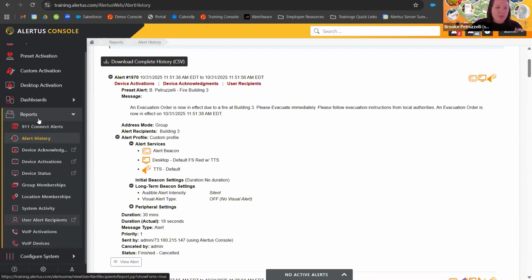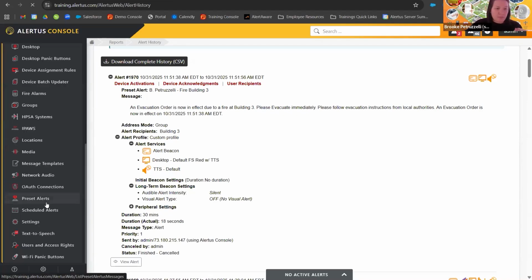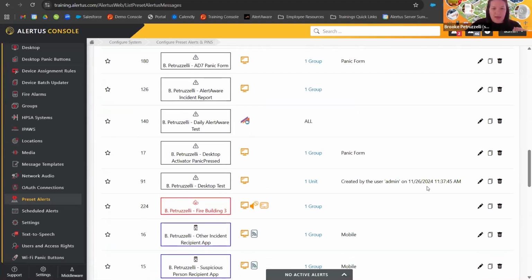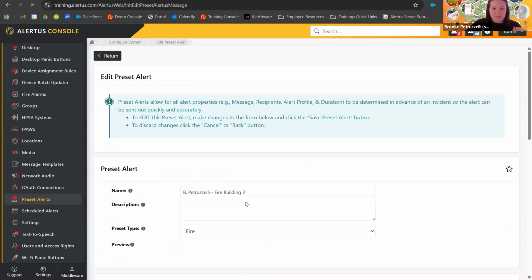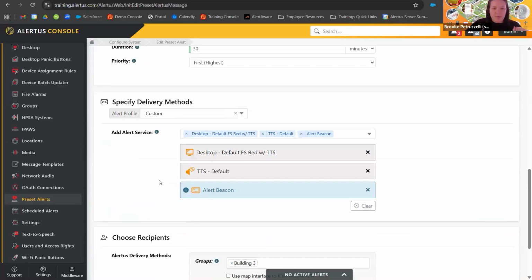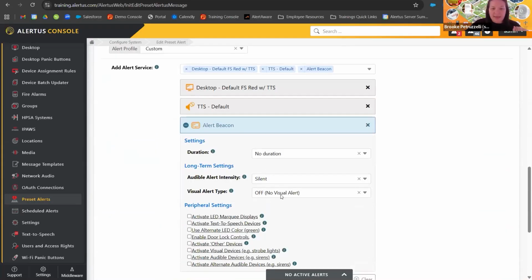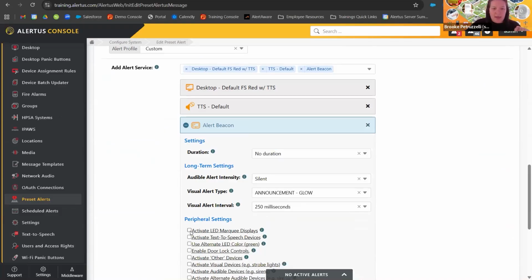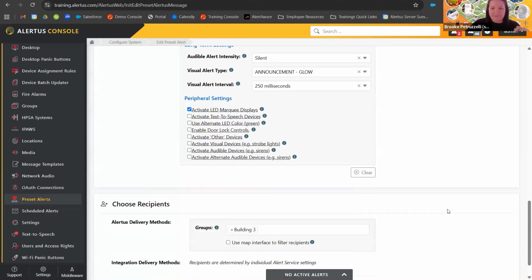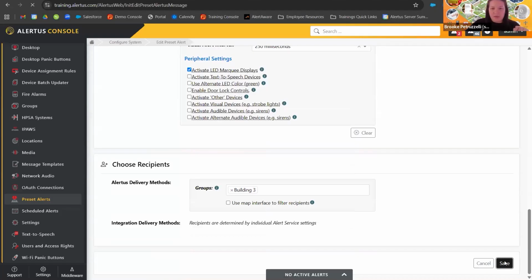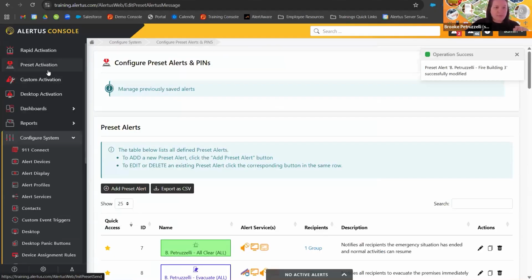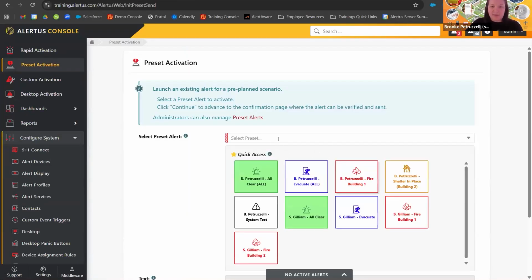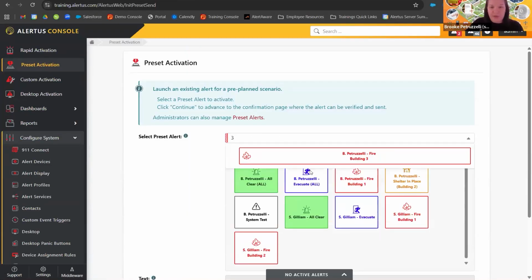So I would just go down to that preset alert now, and I will edit. And for my alert beacon, I'm going to have it be silent, but I am going to have it glow and activate the LED marquee behind it. So now, when I go to send out that activation, we will see it hopefully everywhere. Building 3,